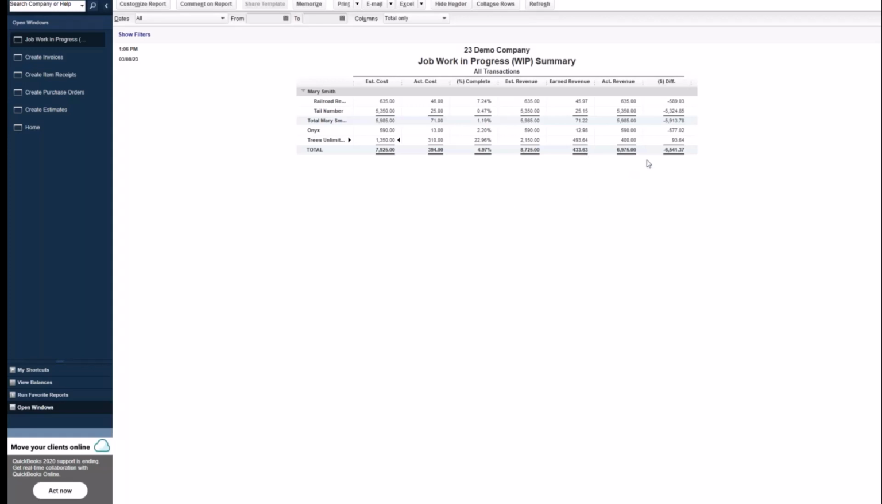Okay, so that's where all of those numbers come from. So now let's talk a little bit about the over/under billings. Our estimated cost for this Trees Unlimited is $1,350. According to our bill, we have already charged $310 towards the project, which means we are about